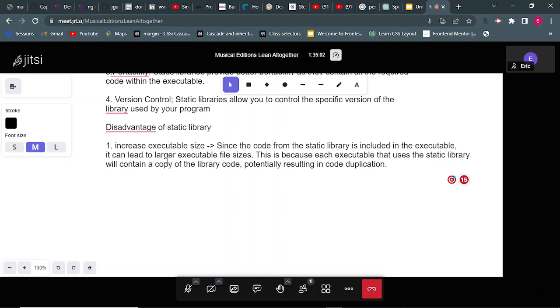This is because each executable that uses the static library will contain a copy of the library code, potentially resulting in code duplication. Okay, so number two,